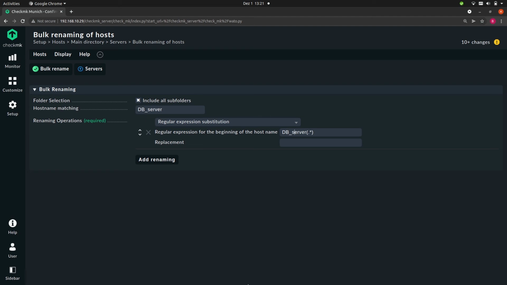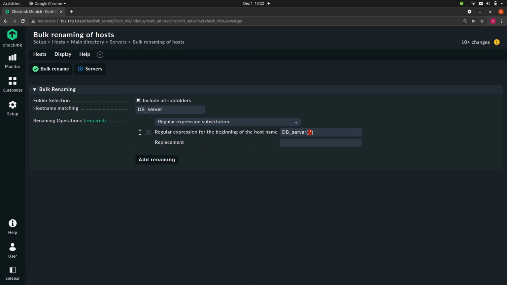So every host that starts with db or contains db_server, and then you have this group, and what is in the parentheses is what we want to capture. And dot star basically means anything or everything. This will work fine because we know that we have only 4 hosts and all of them have a number after db_server.